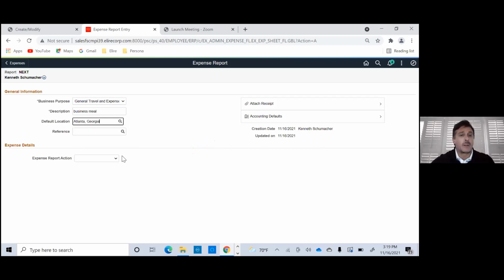So now the default location here, you don't necessarily have to use that. These fields here are all optional, except for obviously the accounting. For attach receipts, if you don't require receipts over a certain amount, it'll tell you that. So you can set rules for each of these, for the receipt attachments, for the location, because obviously we all know that a lot of